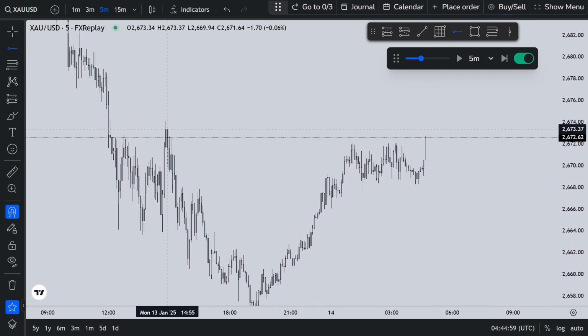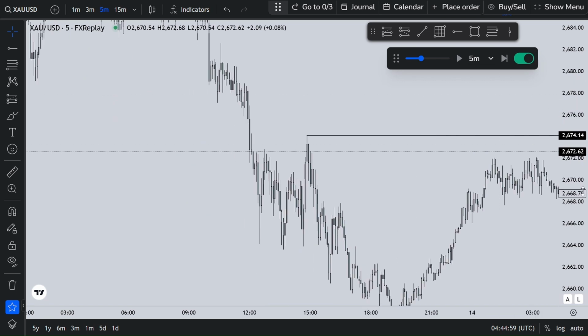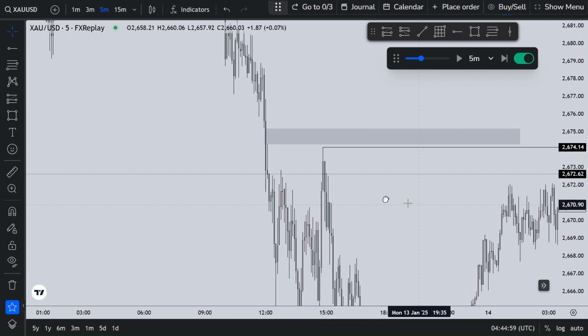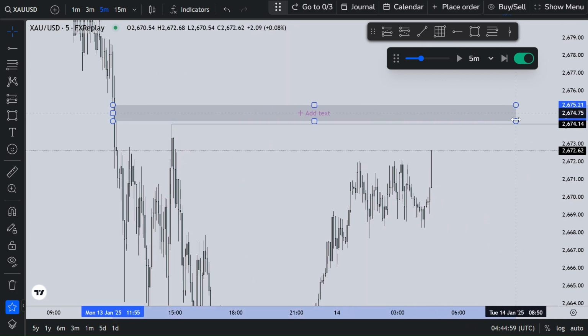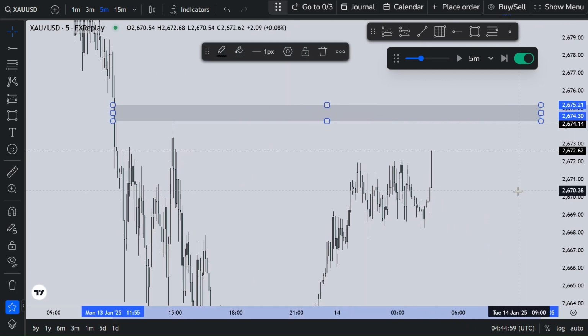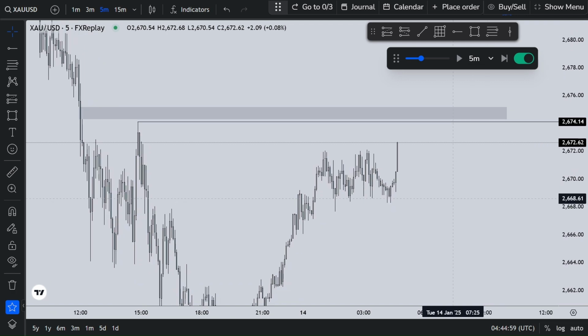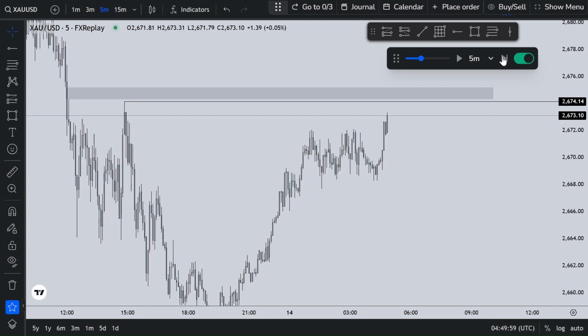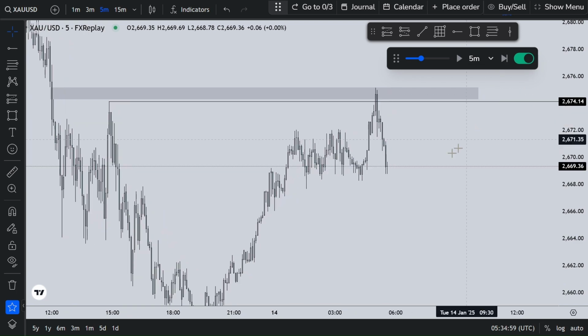And this is the place I was looking to sell from, with this high here and the 5-minute fair value gap just above it, which makes for a good POI. So I'll just play price on. You can see we